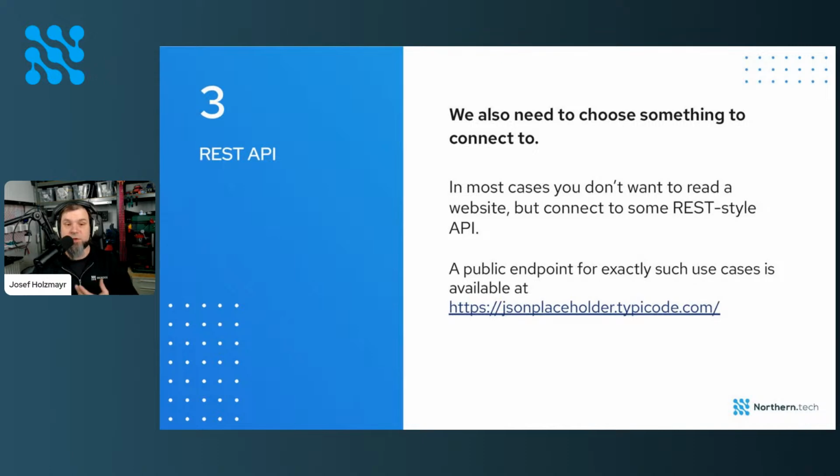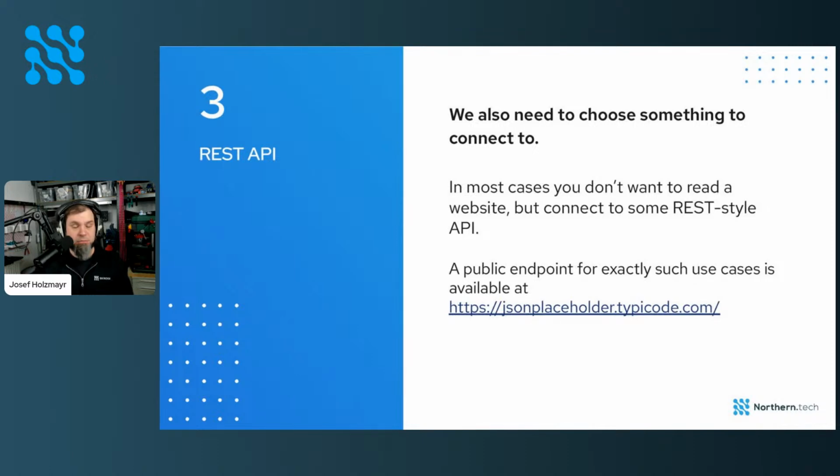And the ones which are very prominent these days are REST, which in the end just means, hey, there is a certain structure to how the endpoint is laid out. There is semantics, how you call it. And I just wanted something that you can call without authentication, without anything, and it will give you somewhat well-formed content back. I went looking, and the one that I found and chose is JSON